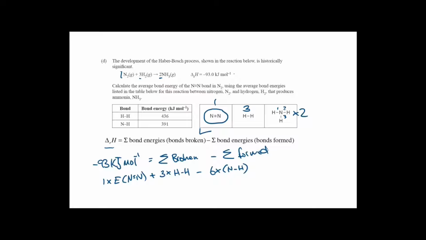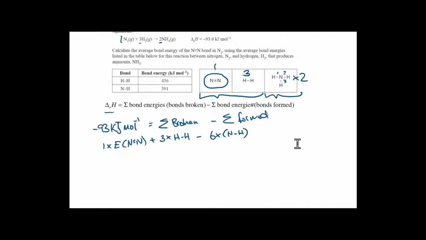So these are the bonds that are broken, and these are the bonds that are formed. Right, so now that we have that, we are wanting to find how much energy is required to break up that triple nitrogen-nitrogen bond. So let's, that one there, and there's 1 of them, plus 3 times the HH is